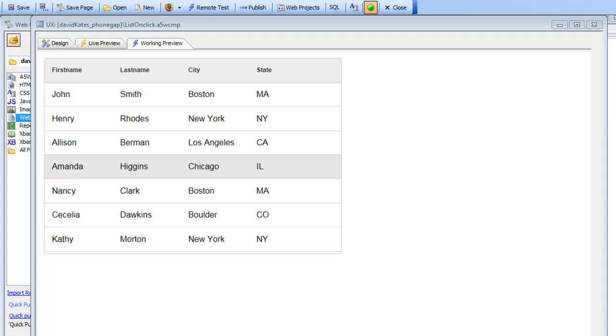So in this video we'll talk about how you can use the new on-field events to create event handlers for a list control and a UX component that respond to events on individual field values in the list. So you can see we have a simple list over here, and when I click on any field value you